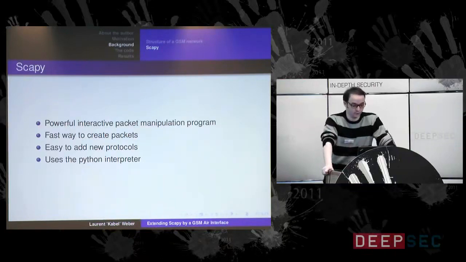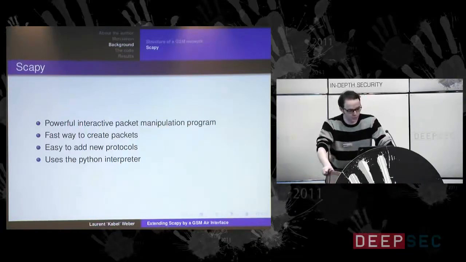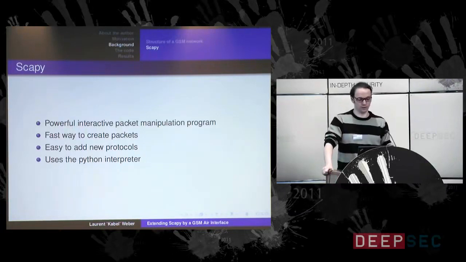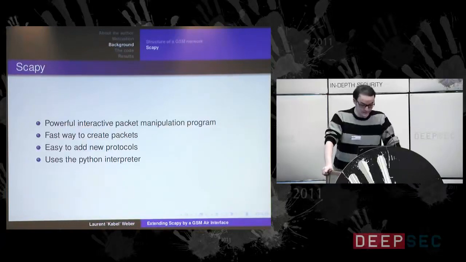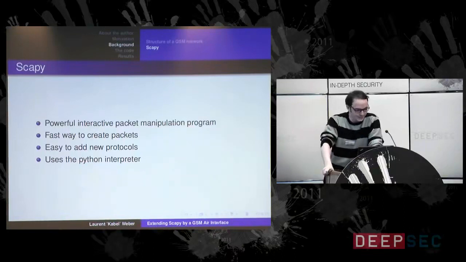My protocol, the layer 3 of GSM: the specification is 700 pages, and it took me 13,000 lines of code. So it was a lot of work, but the complexity of the code was really not that high. And this allows you to debug, even if you don't understand the protocol, you might find errors because it's always the same. So a community might help to get rid of the bugs that maybe are still in my add-on. I hope, of course, that it's bug-free. But yeah, you know how that is.